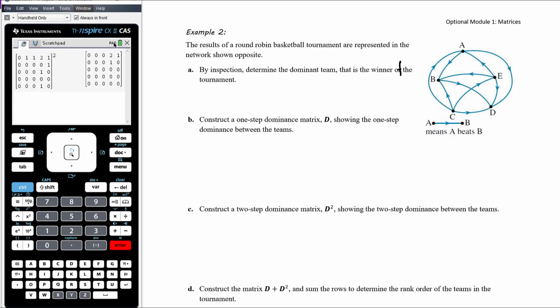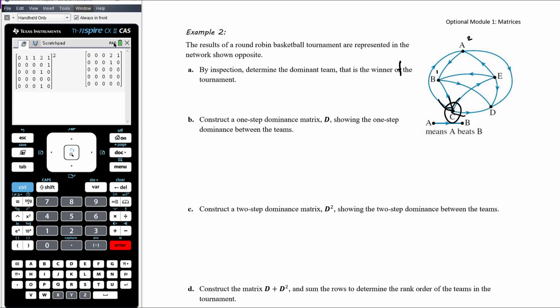Let's have a look at B. B only beat 1 other team, D, so they're not particularly dominant. So A beat 2 teams, B beat 1 team. C, let's have a look. They beat A and D and B and E. So C beat everyone. So looking at the network, it's pretty clear that C has to be the dominant